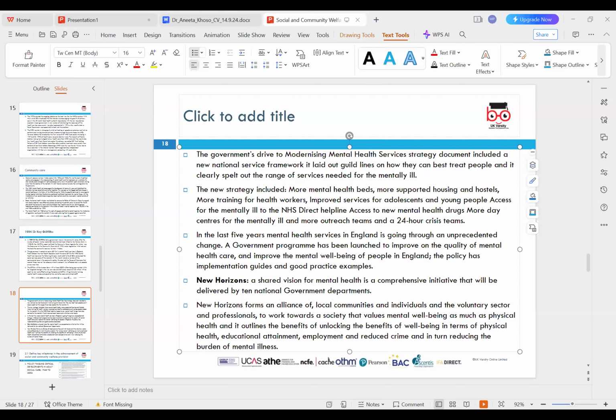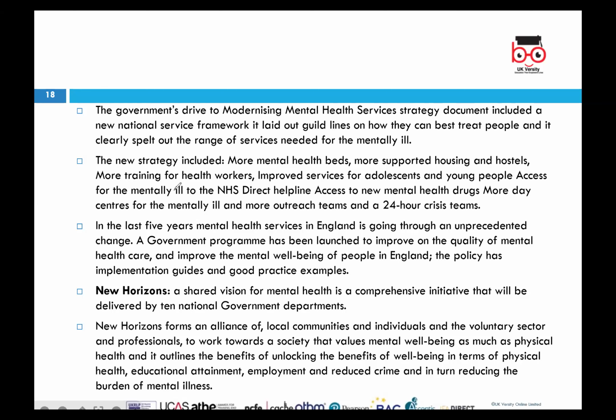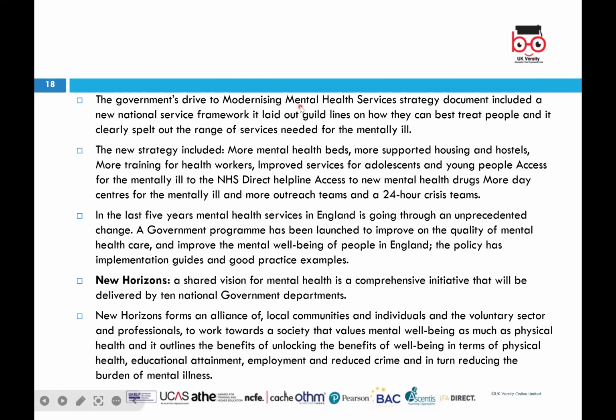So what actually happened here was that obviously there were a lot of mental stresses and mental health issues. They were rising as there was no stop to them. But at the same time, a new revolution came, which said that the old drugs that were given to the patient changed. There were new modern mental health services that came up.